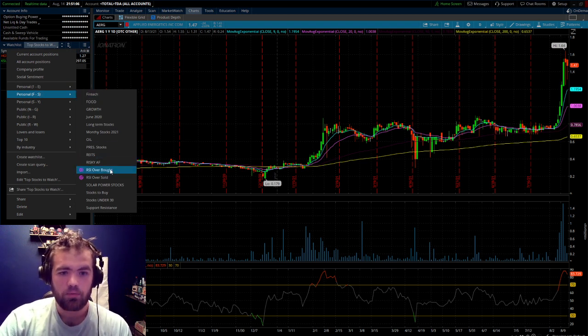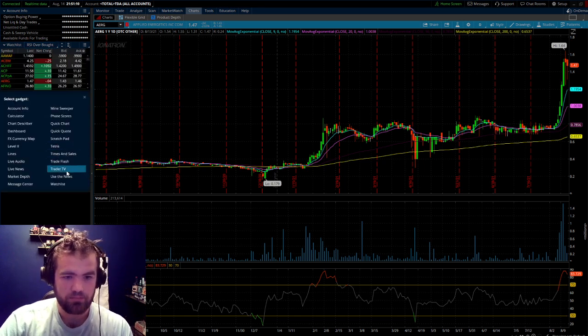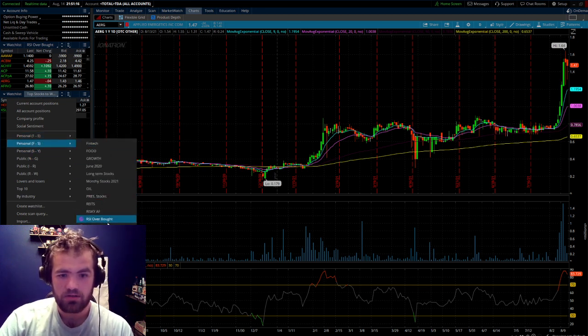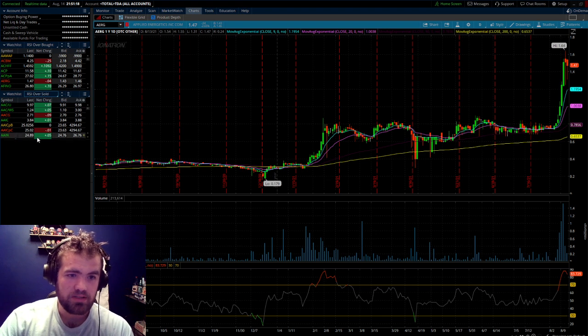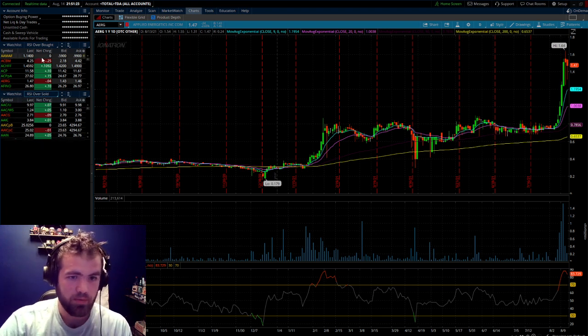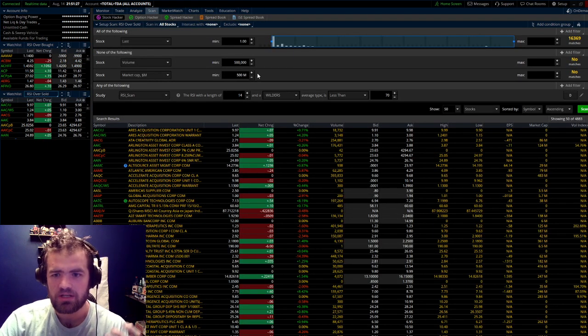So it's right here. We'll click that, and then we will, in the meantime, load up the other one as that one gets loaded up. So we go here, whoops, and then we go down to oversold. So now what this does is it finds all of these stocks that are overbought or oversold. Now you can obviously adjust these scanning features. So if you want to make sure that there's more,